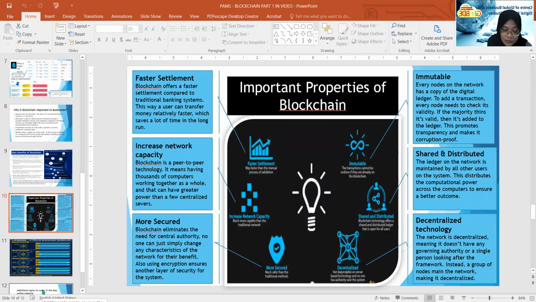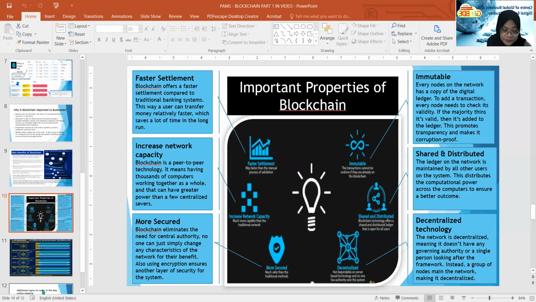Next, let's see how blockchain can provide these benefits by understanding its properties or features. The diagram shows 6 of the blockchain main features. First is faster settlement. Because blockchain automates the whole network, it offers a faster settlement compared to the traditional banking system. This way, a user can transfer money relatively faster, including for cross-border transactions, and that saves a lot of time